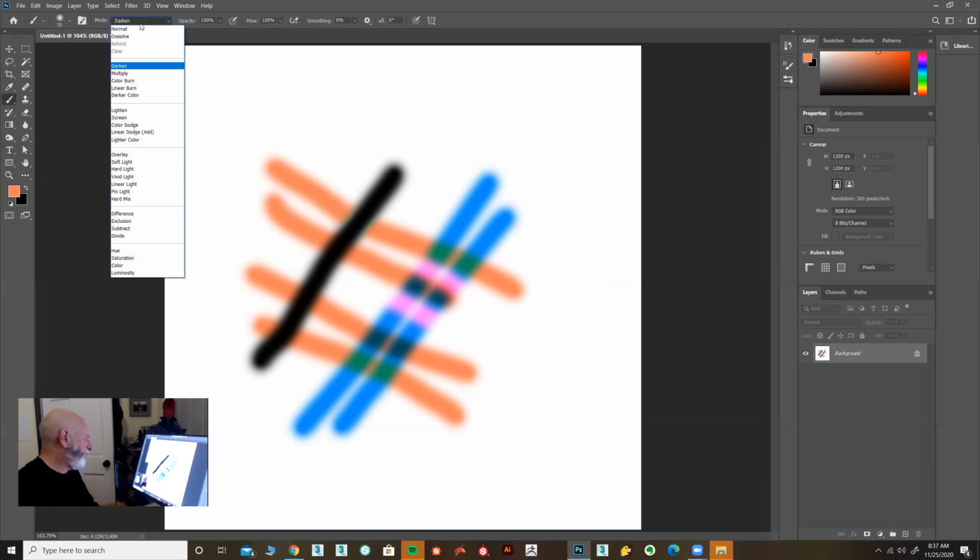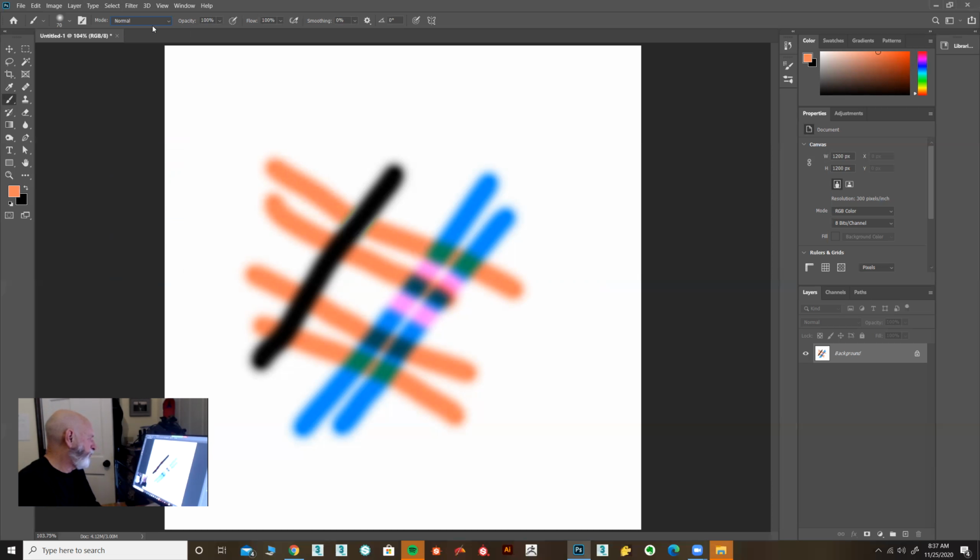We will actually be using those in the future a few times, and we'll look at them more carefully. But for the moment, just keep it on normal. And your opacity, you can turn that down if you want to make less opaque or more transparent paint. And flow is,